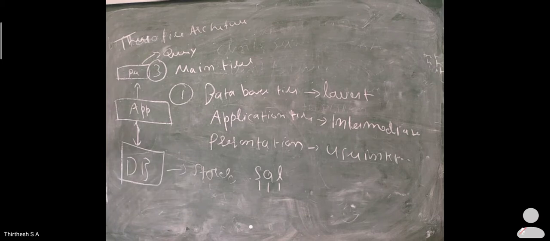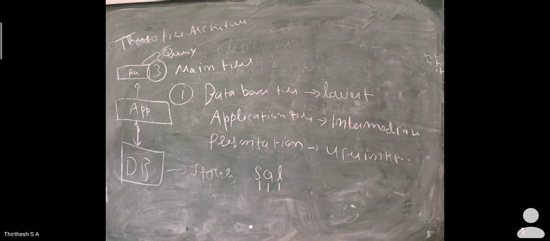He will just say what data I require to be stored in my system, and that is asked or given with the help of the presentation layer. This is the main architecture, and we are going to use the same architecture in our lab programs and in our web applications also. Clear? This is very important for your studies, because if you explain these 3 layers, you will get 5 marks. Clear? So this is about the database architecture.